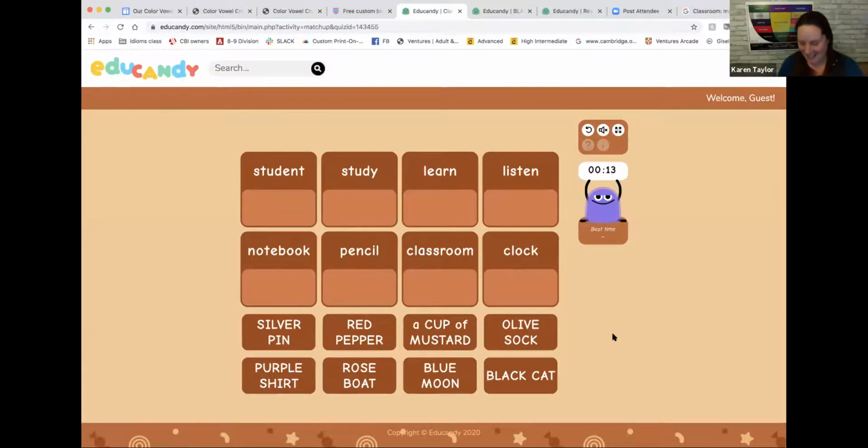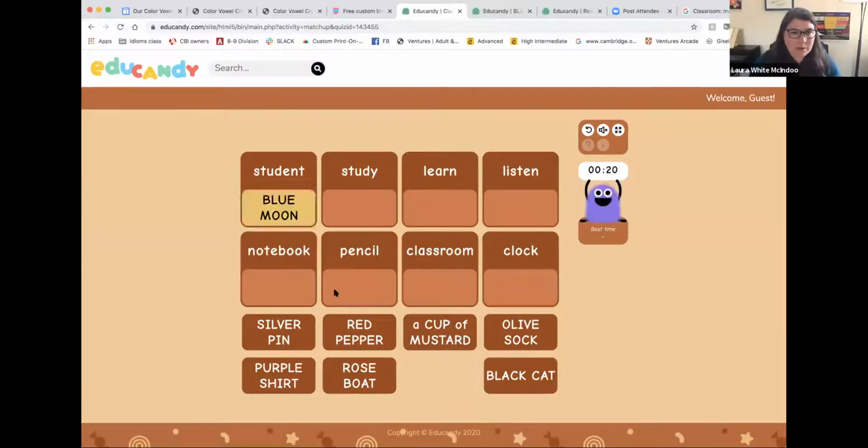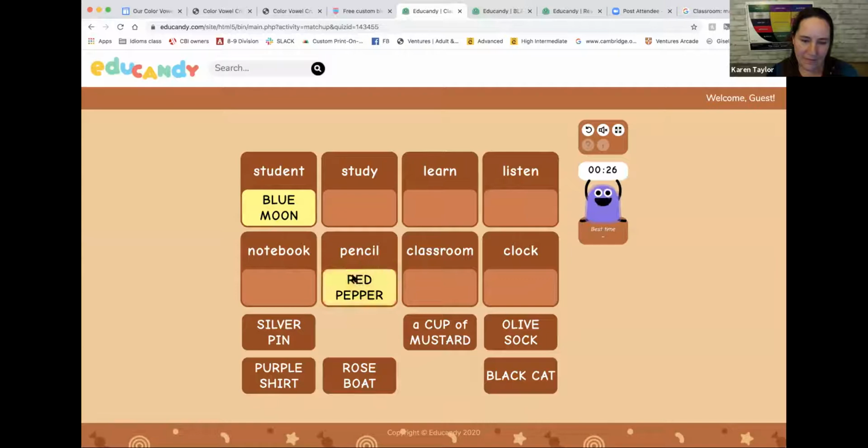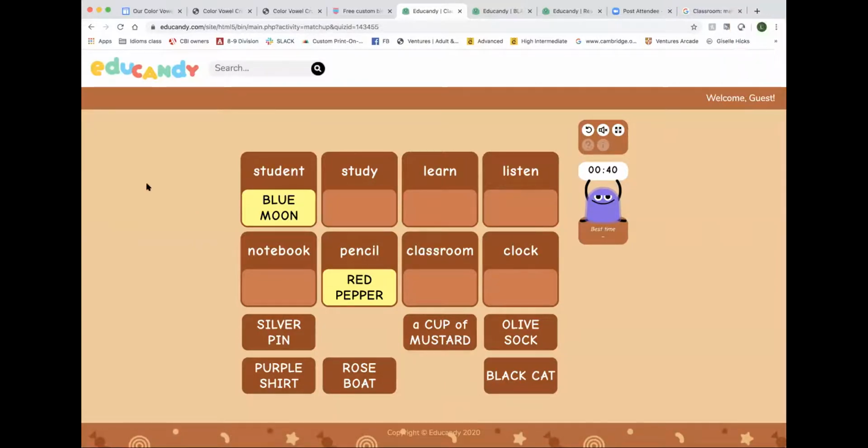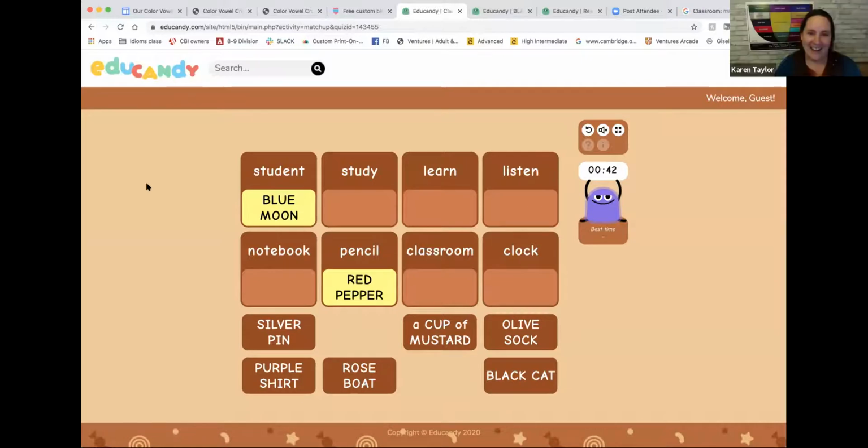We like honesty. I think the benefit is that you can see all of the words here and all of the color vowels, and it's just matching. So, blue moon, student. Let me see what happens if I get it wrong. Ah, it won't let you. That's nice. So if someone doesn't like the competitive aspect, or they just want to do a quick matching activity, you can do it this way too. Well, this is memory without the memory. I love it. It's the standard column A, column B, and you draw the line. That's what this is. It's online matching.